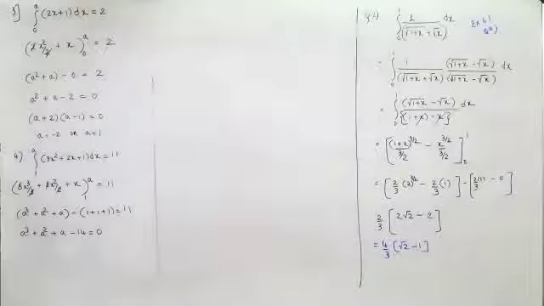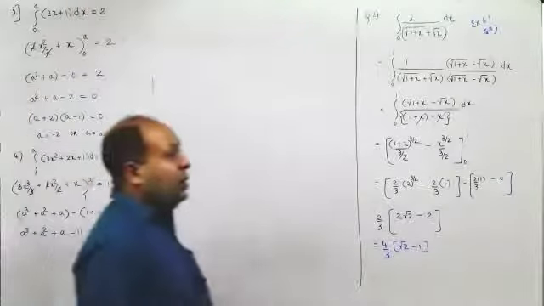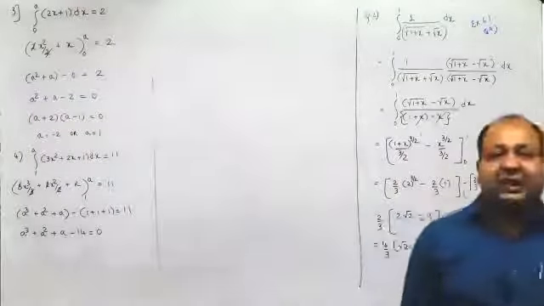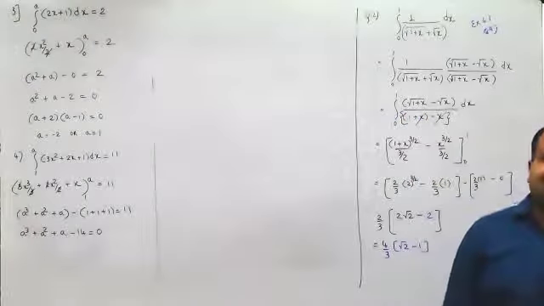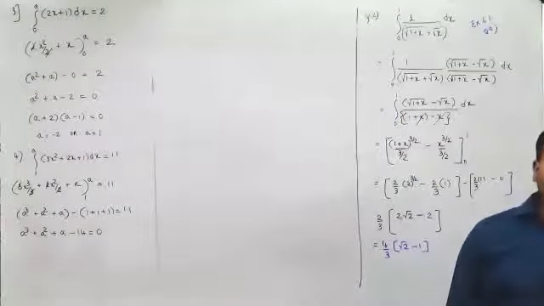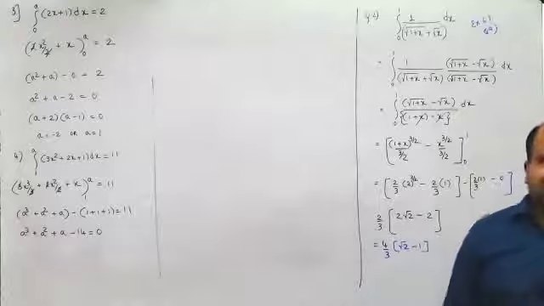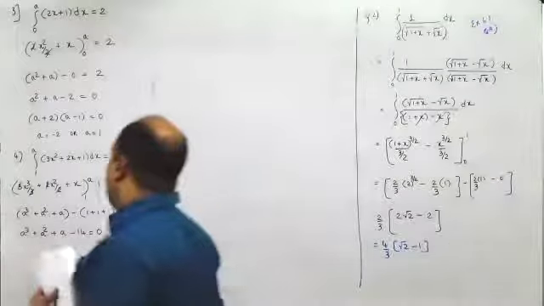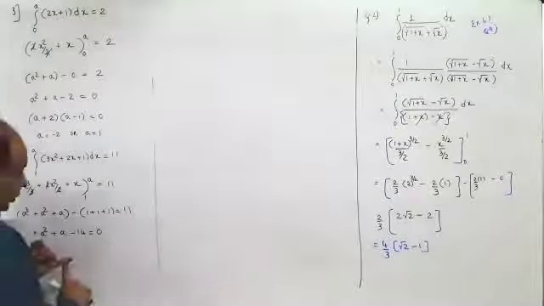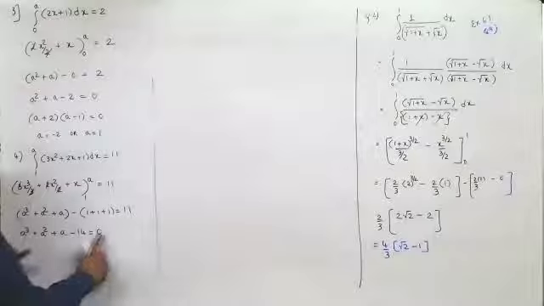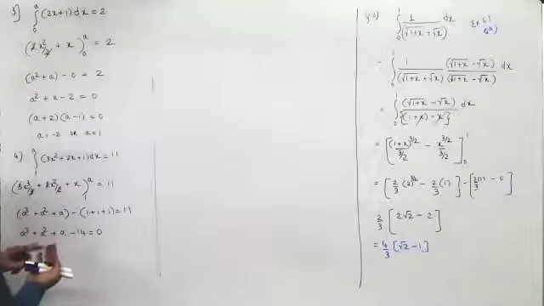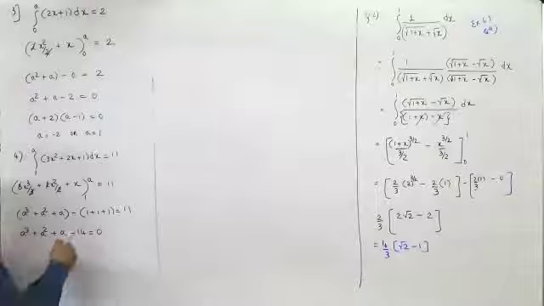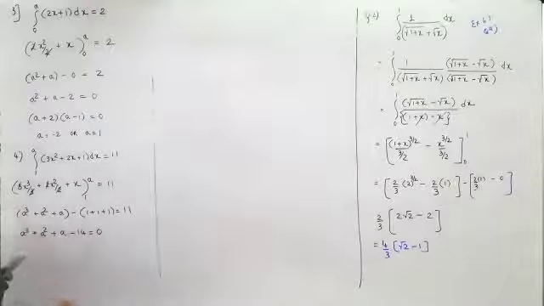So here, now, when you have a cubic equation, you first find the first root by using trial and error, and then find the other two by using synthetic division or normal division. Now here, we'll first put 0, then check whether this is equal to 0, then 1, then minus 1, then 2, then minus 2, then 3, minus 3, 4, minus 4, and so on. Usually it doesn't go beyond 4.